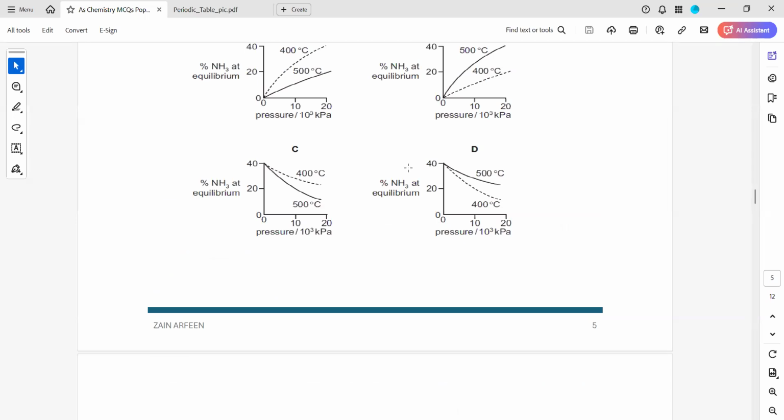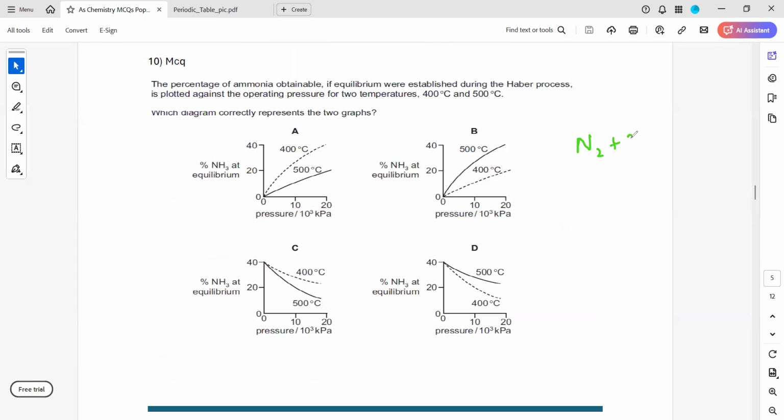A Haber process, just remember the manufacture of ammonia by a Haber process. When nitrogen reacts with hydrogen, it gives off ammonia. And the forward reaction is exothermic. And we use iron as a catalyst. We use around 450 degrees for the reaction. And we use a high pressure, about 2 to